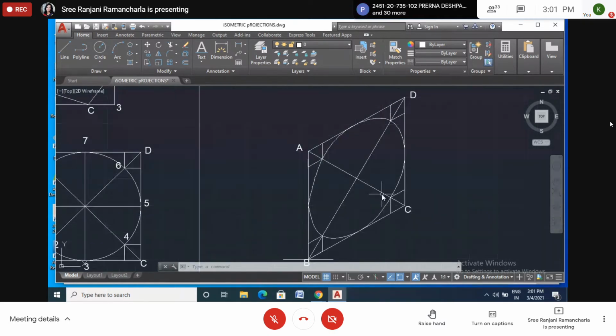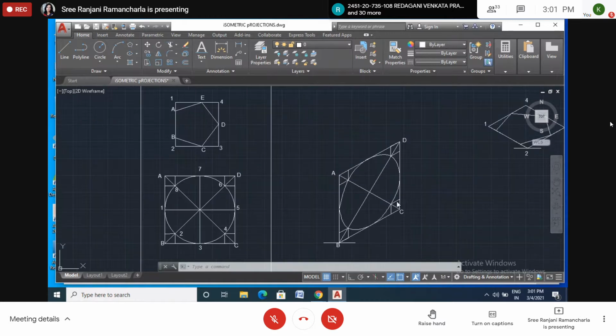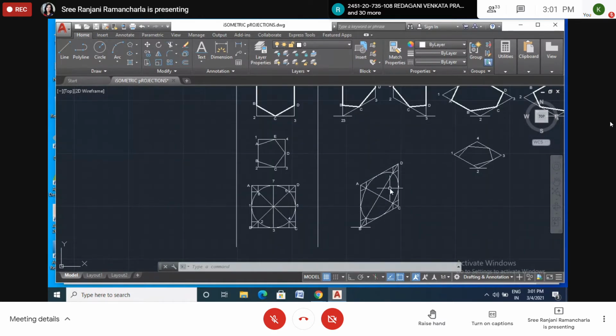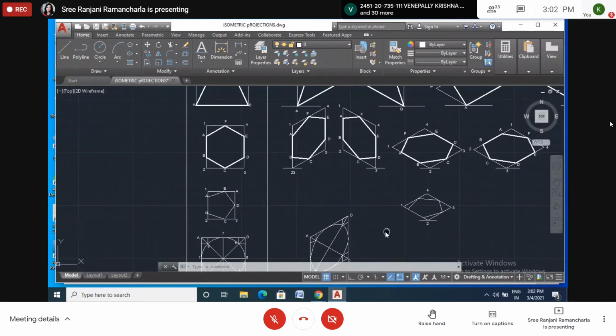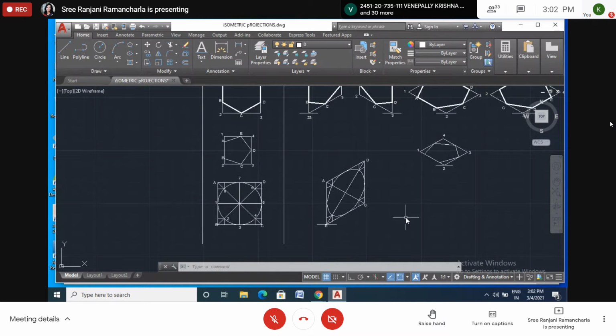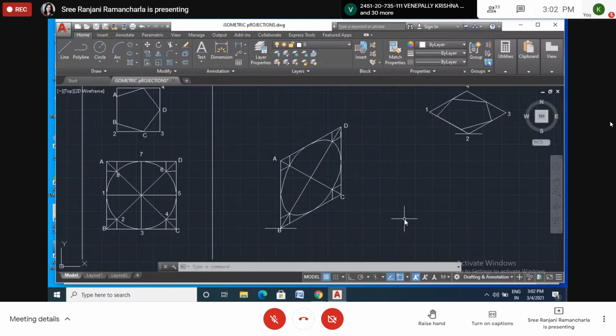Okay. Now this is the offset method. Either you can draw this vertical line like this also, or like this also. So this is the offset method. This is the side view. Another side you can also draw like this, and the top view also you can draw like this. Okay, the same manner. Now this is the offset method.